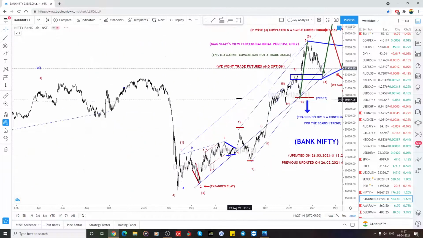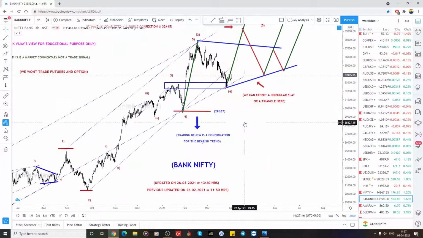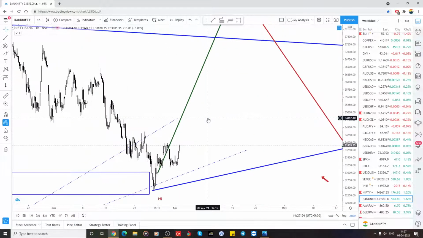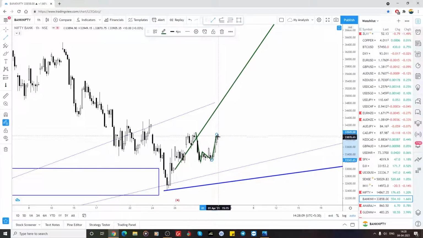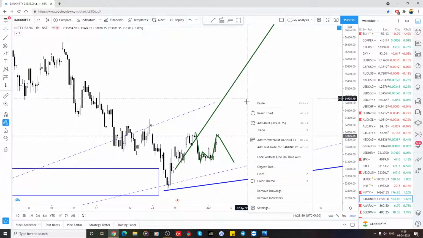There is no change there. From here it has to shoot, otherwise if it is an irregular flat, otherwise if it is a triangle, the same pattern remains like the previous week's view also. Here also it looks like the 5-wave structure has been completed, and here it's an impulsive wave. After that it's the 3-wave structure. So whether it is going to make a 5-wave structure, or it could break below this and then again go above the high also, we have to wait and watch here.